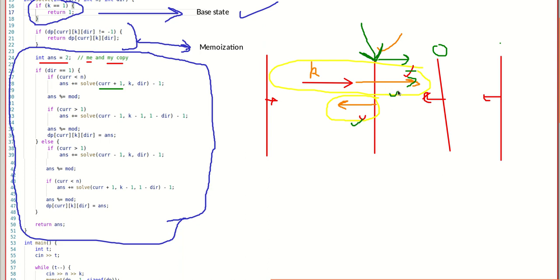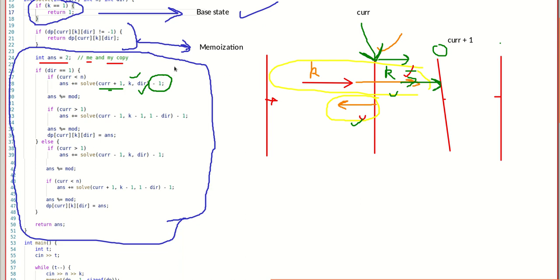Let us talk about this first one first. So this particle will strike this plane. If this was current, then this will be my current plus 1 plane, because direction is 1, so it is moving towards the right. Here the DP I need to call is current plus 1, and as this will also be of k, the decay age is k, and direction will also be direction, because it is also moving towards the right. My particle strikes this plane also towards the right. So this is my first case, and there is minus 1 here also.